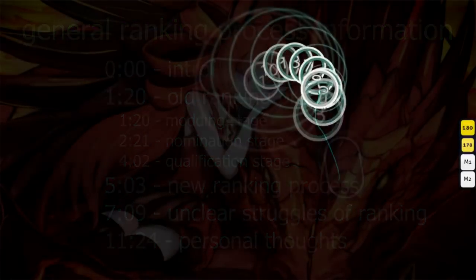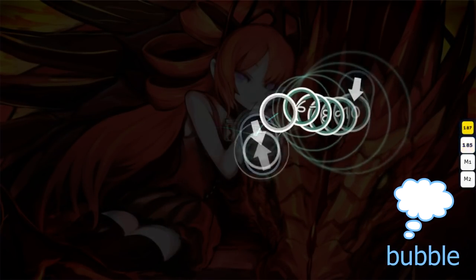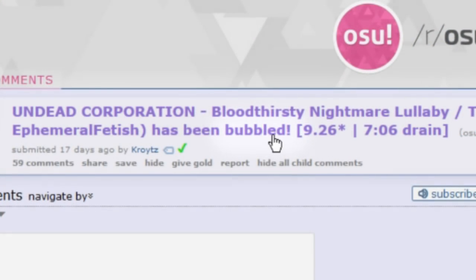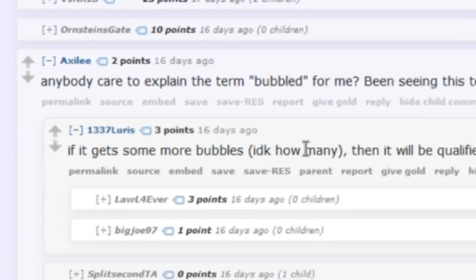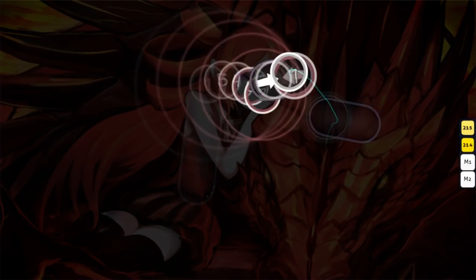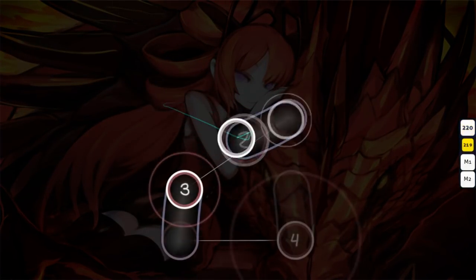Hello there, so what's a bubble? I feel like it should be common knowledge at this point, but maybe I'm expecting too much. Every time a newly bubbled map is posted to Reddit, there's a comment asking what that means, and the responses aren't always fully informed. People ask me what it takes to rank a map all the time too, and it feels weird to answer because it just seems like something everyone already knows.